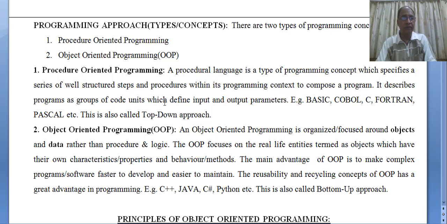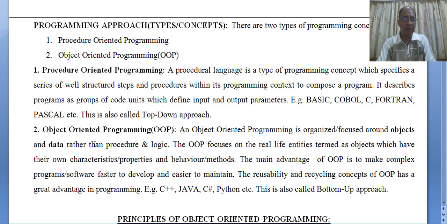So this was the earlier concept which we used to have in programming while we used to write programs, and this ensured that many routines and many subroutines had to be completely written for writing a full program, and it was a very cumbersome and difficult process to write program using procedure oriented programming approach. This is an old concept.